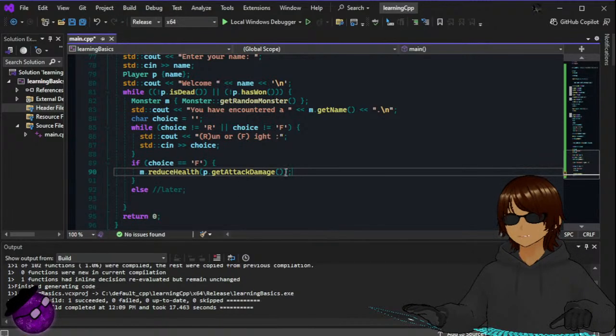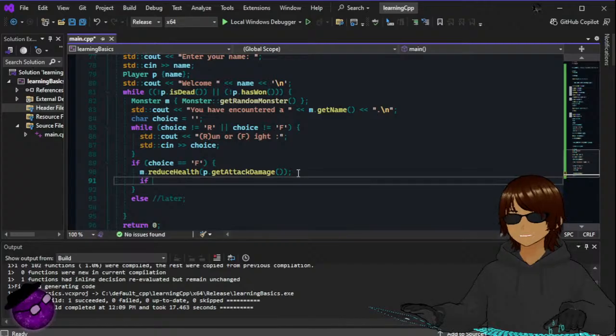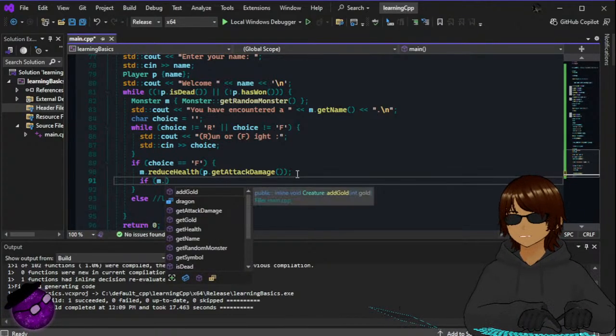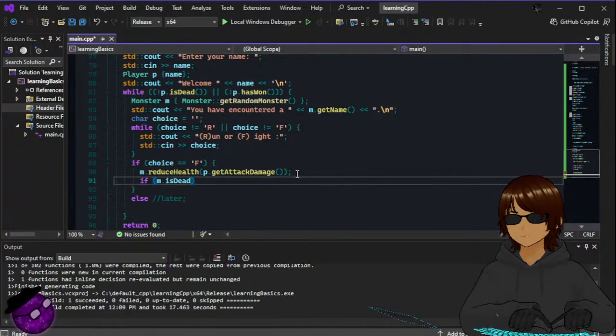M reduce health, P dot get attack damage. If M dot is dead, if M is dead, then